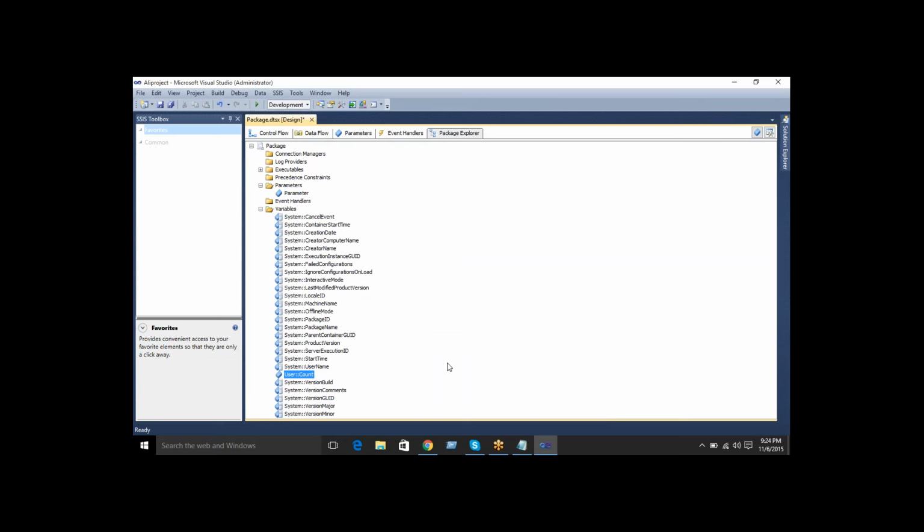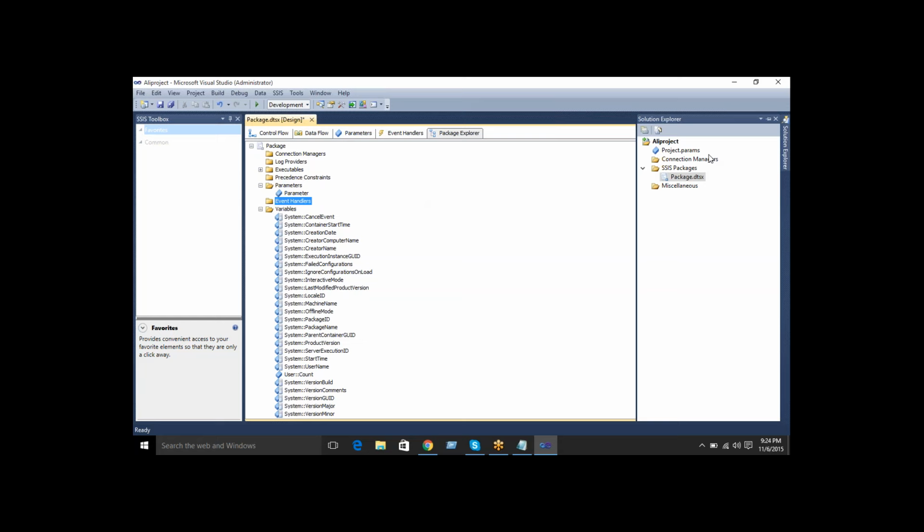So the use of package explorer is to find out what type of connection managers, parameters, variables, and event handlers you have in this package.